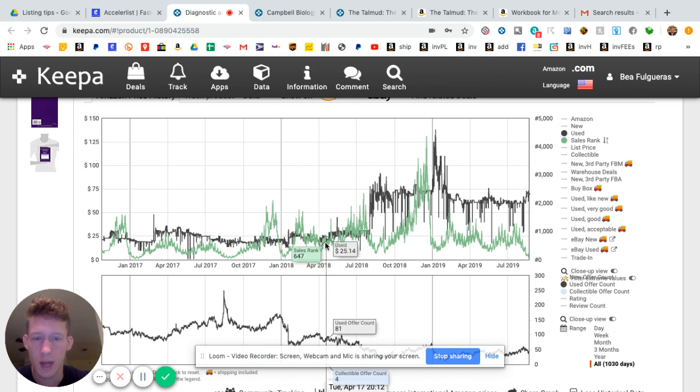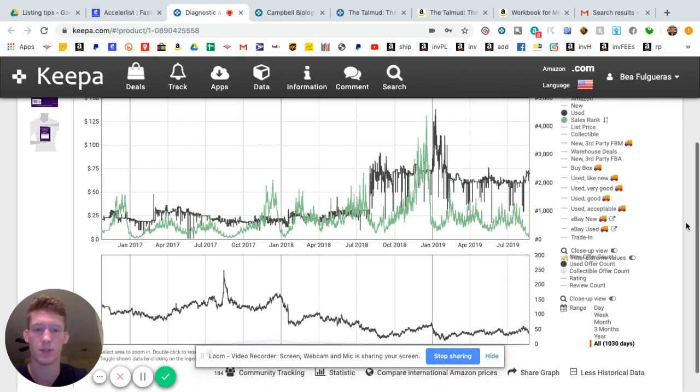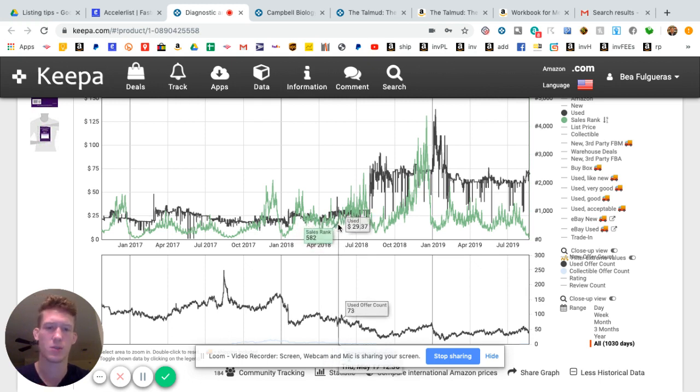So I ended up losing money the first time I did this, but purchasing this book was just a wonderful decision. And I think there's more to the story now that I know about this book, but I'll show you what was really going on. So it was around June when I purchased a bunch of copies for $25. And for some reason, it was 2 listings, and one listing was a lot cheaper than the other. So I was actually flipping from listing to listing. This was probably the cheaper listing at the time. So I was buying